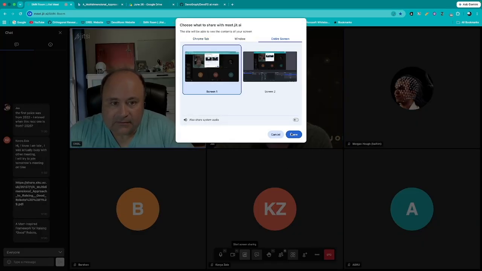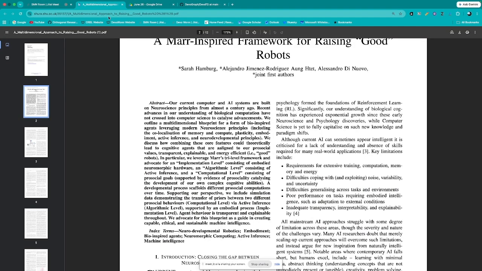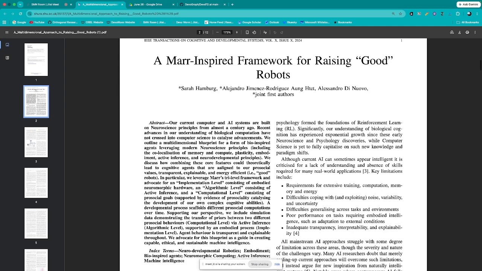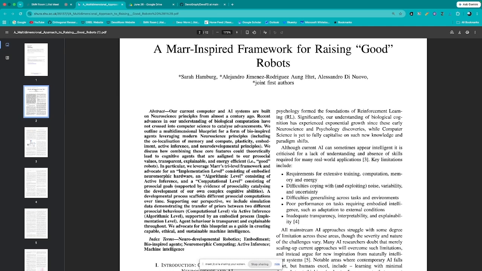Yeah, so this is the paper, Marr-Inspired Framework for Raising Good Robots. When the authors say good robots, they mean having pro-social values, having transparent behaviors, meaning you can explain how the behaviors are generated, and being energy efficient.